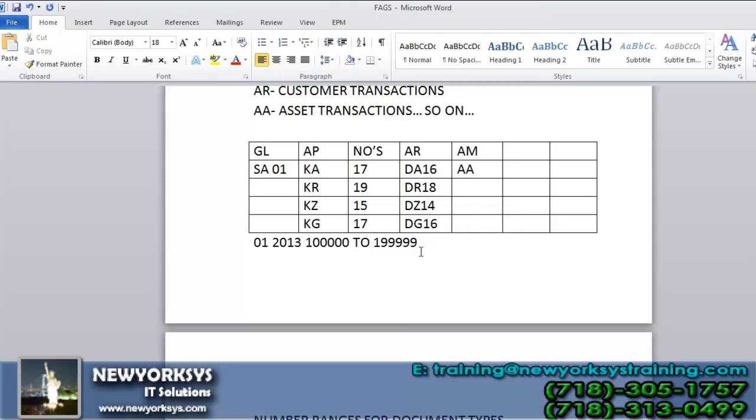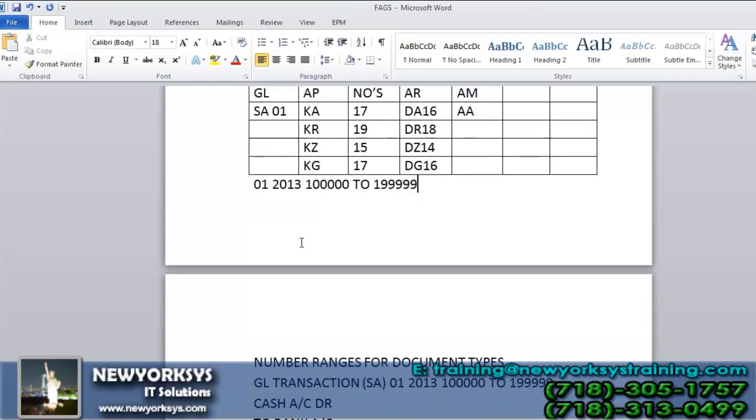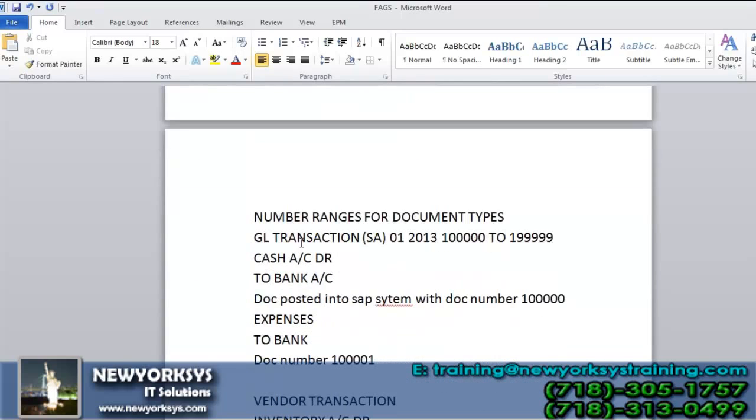This is the range. These are nothing but instructions which we are giving, specifying an interval to the document type. So we need to do that.